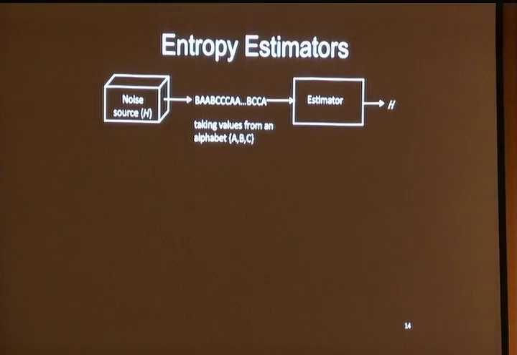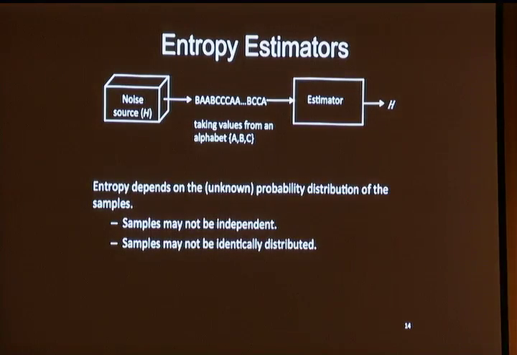Okay, so here we have a noise source that outputs some values, and then given this long output, we want to estimate the entropy. And here we know that the distribution of the output is unknown to us. As I said before, the entropy depends on the probability distribution of the output. So we want to detect the probability distribution from the output, but